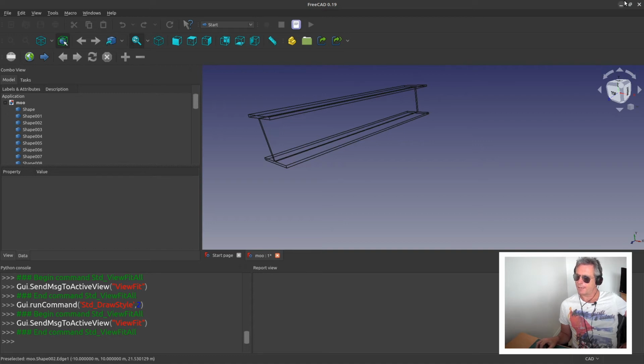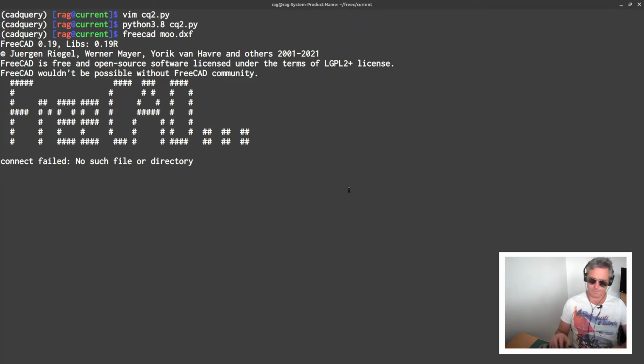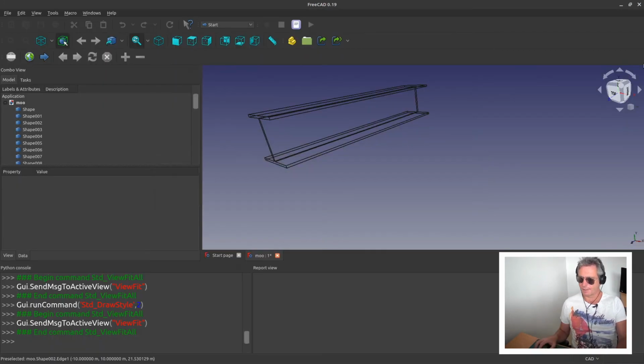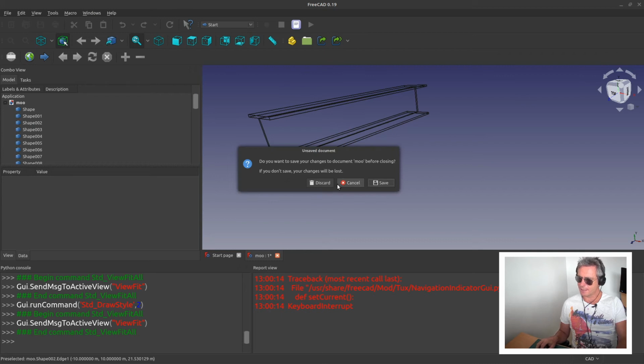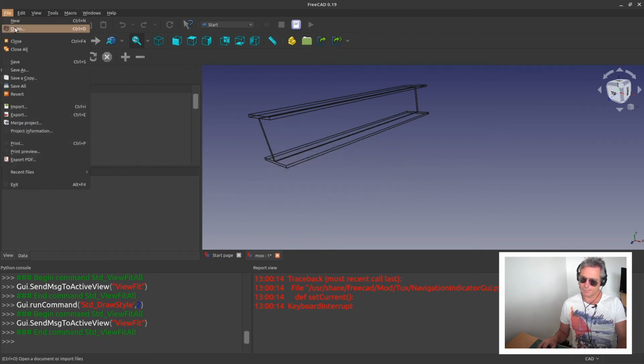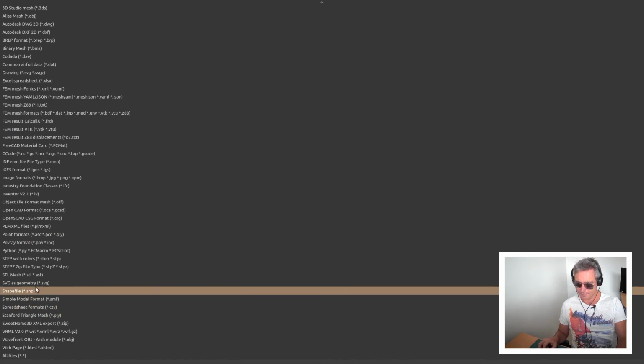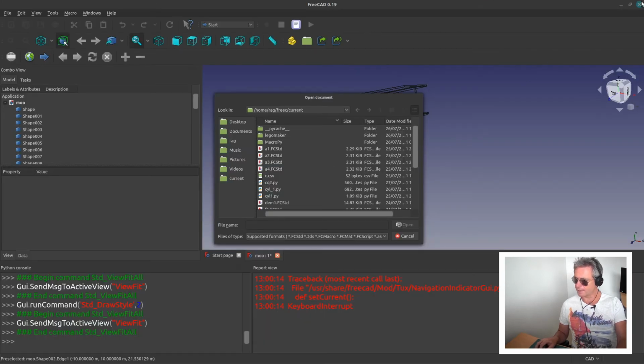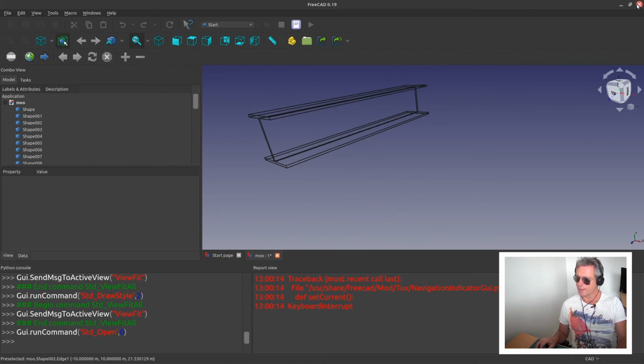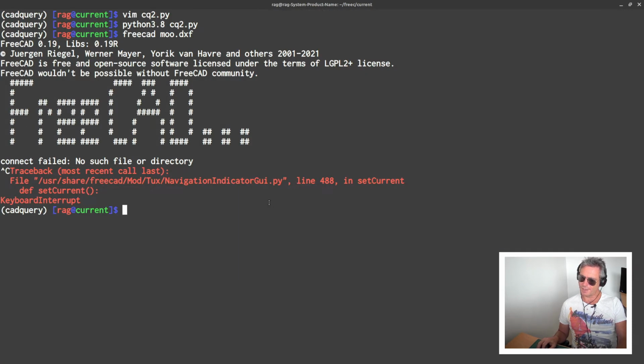Which makes me wonder, instead of that, let's close FreeCAD. Does FreeCAD open STL? And then we can try and render that. STL, yeah, open in STL mesh. So I think we've got to the bottom of why: DXF really is bare bones and it doesn't create a solid. So let's